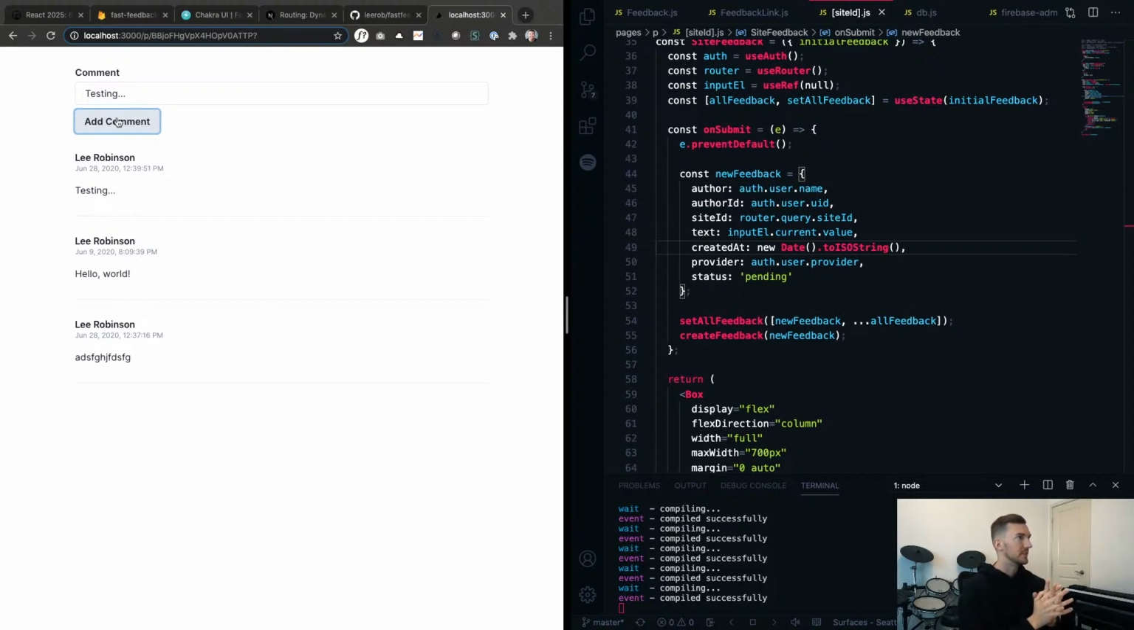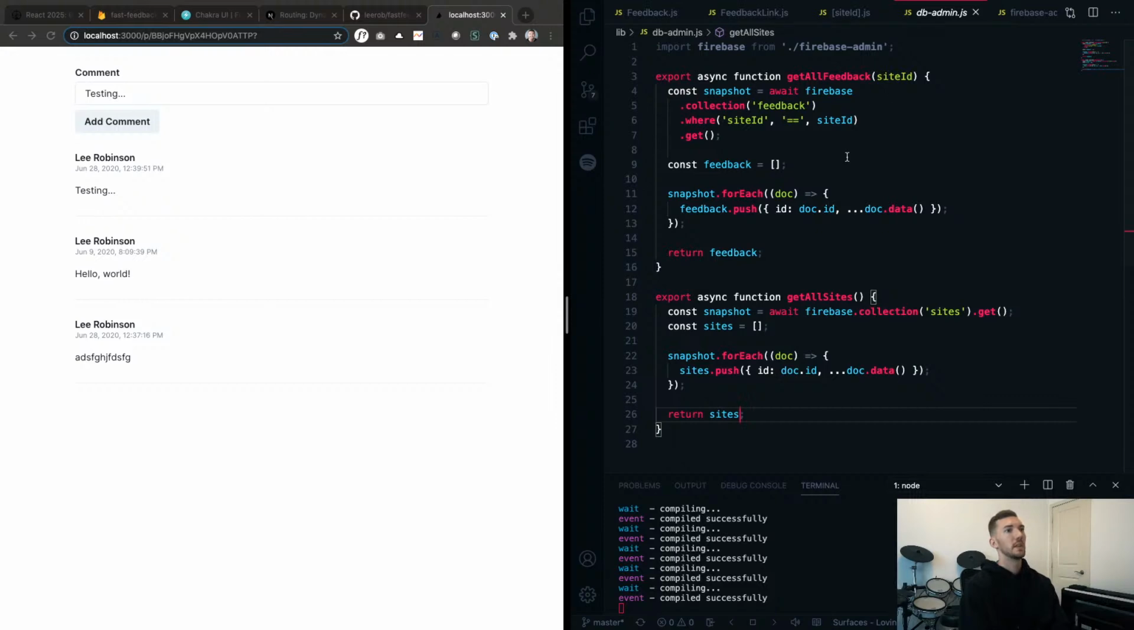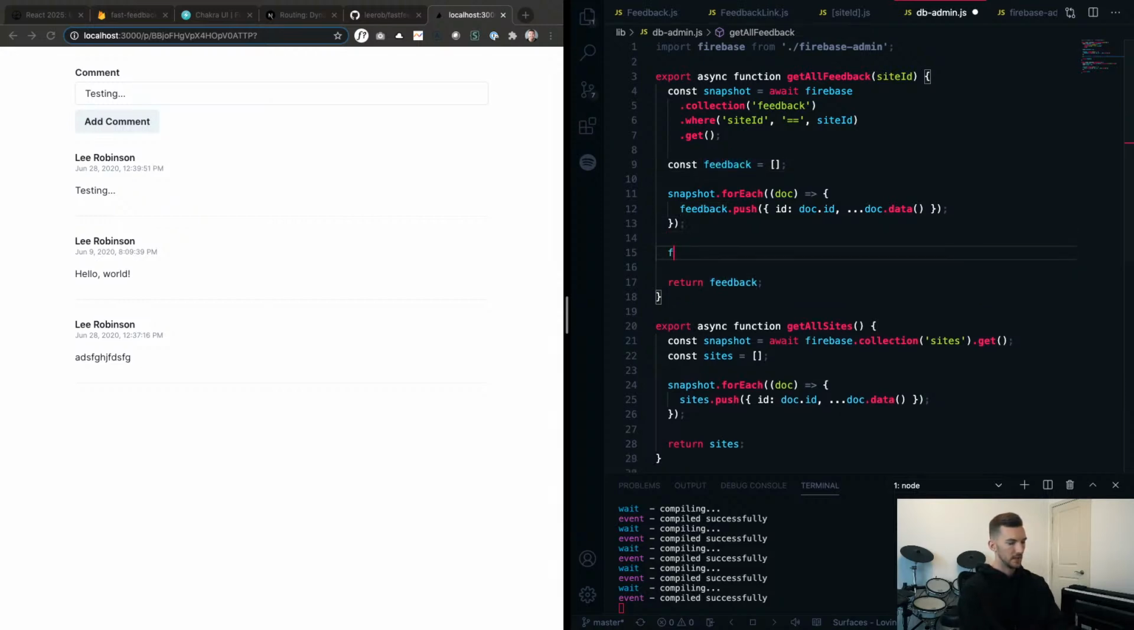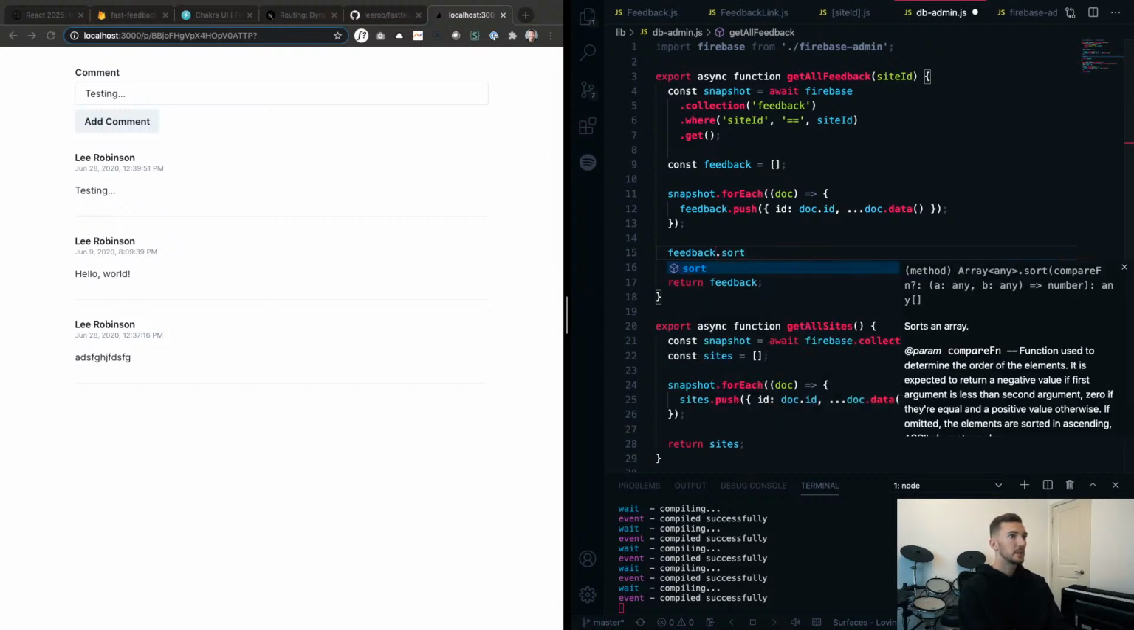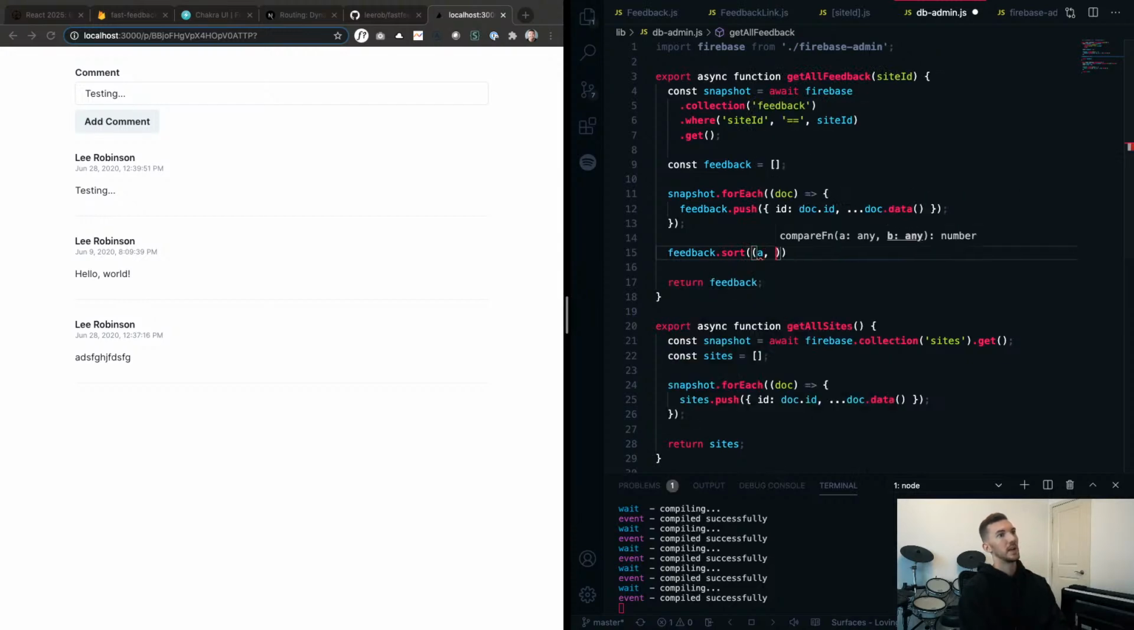One thing that I'm noticing that doesn't look great is that the feedback is not ordered by the date. So let's go ahead and do that, because we probably want the newest feedback to show first. So if I go back into our dbadmin function that we were using to get all of the feedback, after I've fetched all the feedback, what we want to do is say, let's sort all of that. And this sort is going to take a comparator that takes in the first and then the second thing that